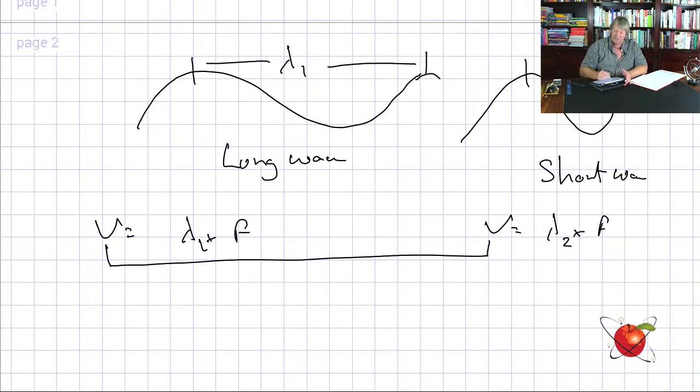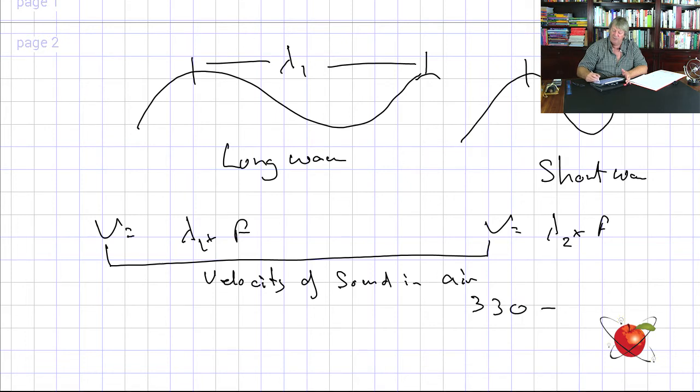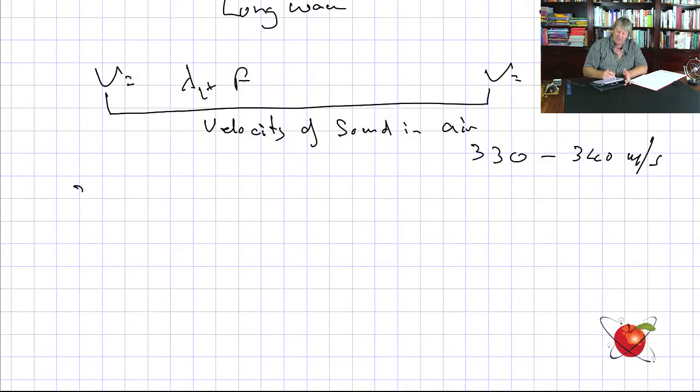The velocity of sound in air is equal to about 330 to 340 meters per second, which means it's pretty much constant. Therefore, 340 is equal to lambda 1 times f,